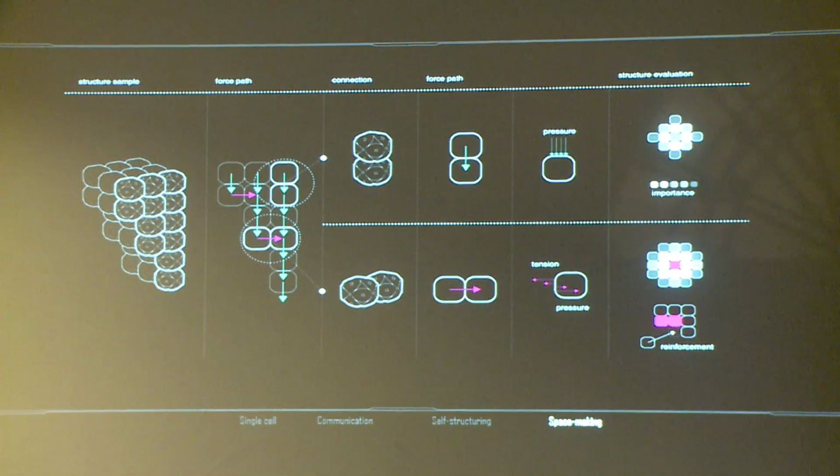Structure is another important aspect of the system. Load analysis is performed to define which part of the structure is redundant and which part of the structure is unstable. And for a face-to-face connected structure, it's important to eliminate tension connections. So whenever tensile forces are bigger than the threshold, reinforcement will be required.